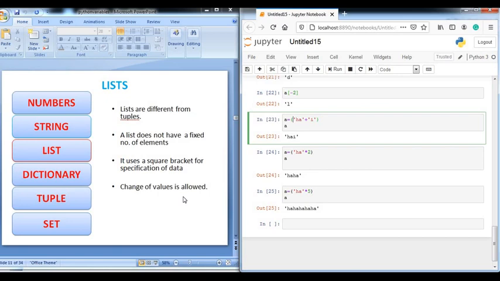Change of values is allowed here, which means that if you want to change the value of a particular index, you can change that value. So let's see with an example.